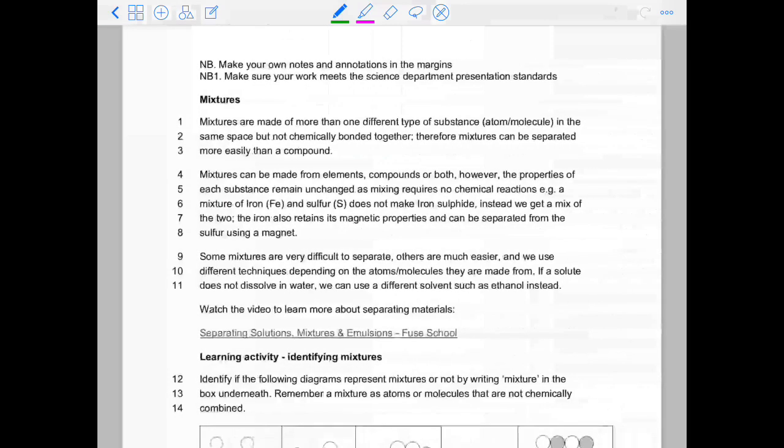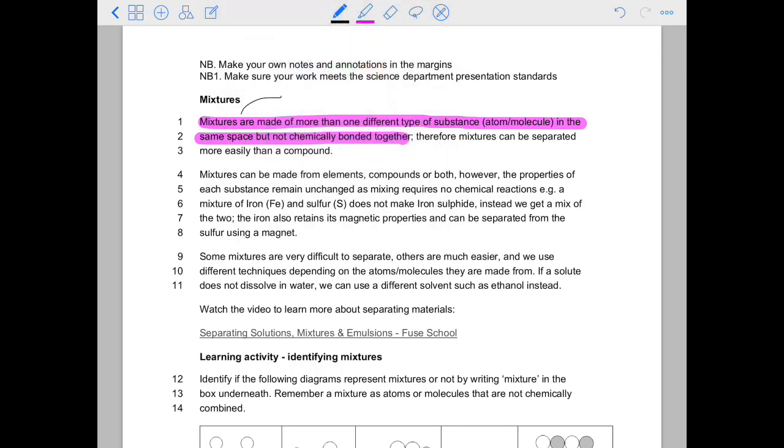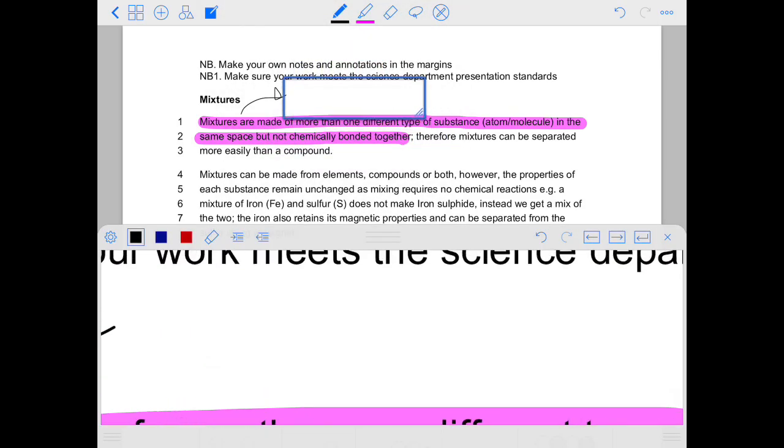So today we're talking about mixtures. Now there's a lot of everyday mixtures that you are already aware of, that you think about on a regular basis, but we'll talk about the different types of mixtures today. So a mixture is made up of more than one type of substance in the same space, but not chemically bonded together. So to simplify that a little bit, a mixture is two or more